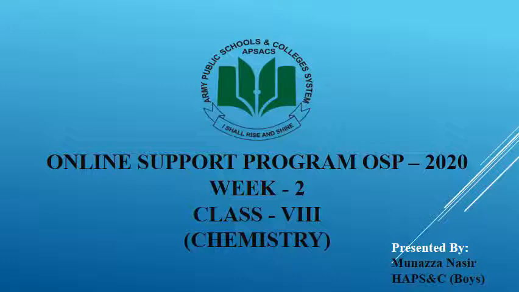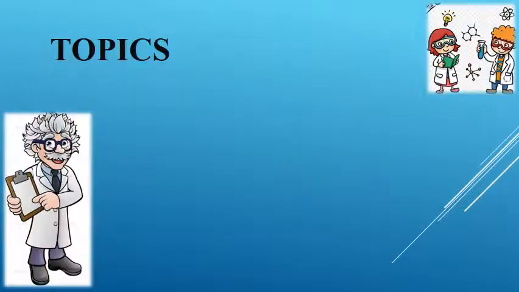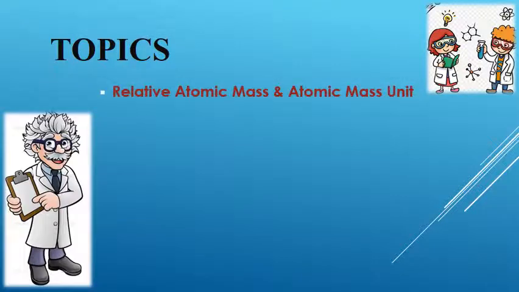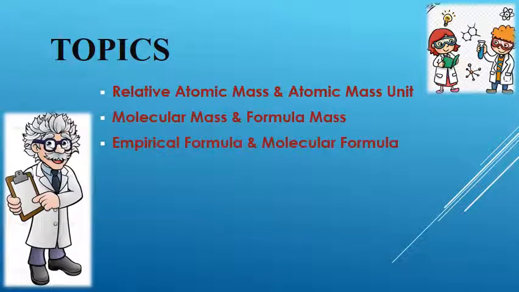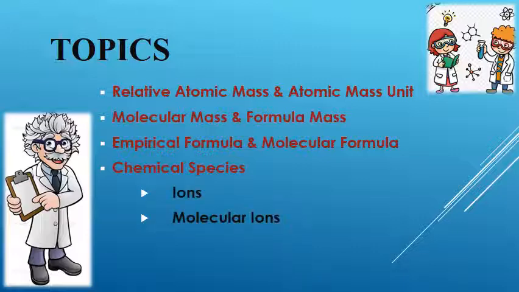My subject is Chemistry and today we are going to talk about the topics from Week 2. This week's topics involve some very important terminologies in chemistry, including relative atomic mass and atomic mass unit, molecular mass and formula mass, empirical formula and molecular formula, and chemical species. The chemical species that we are going to talk about today include ions, molecular ions, and free radicals. By the end of today's lecture, students will be able to learn about all of the above definitions as